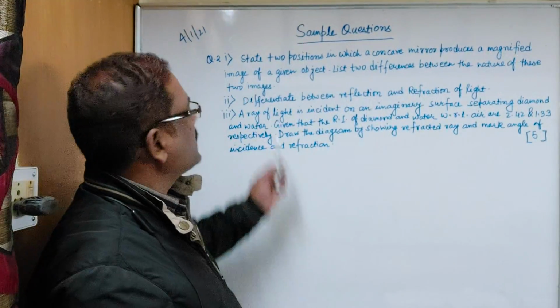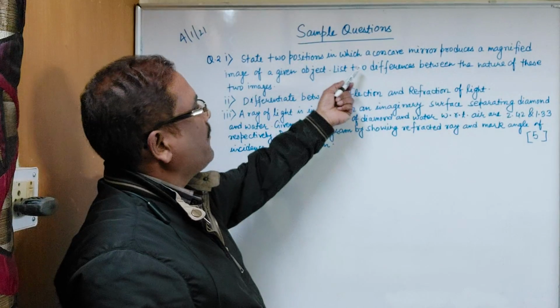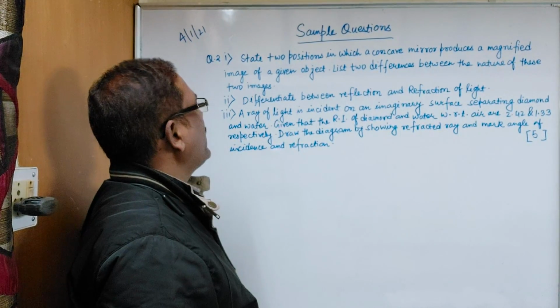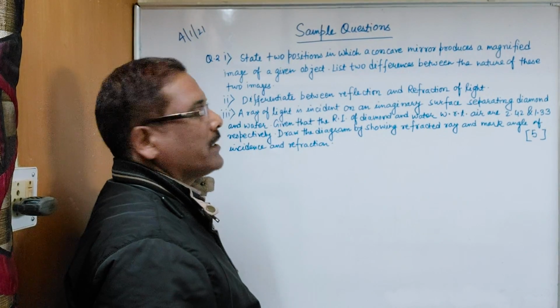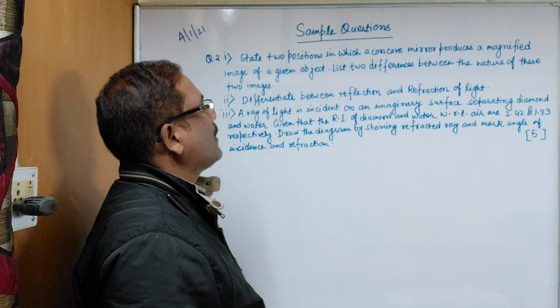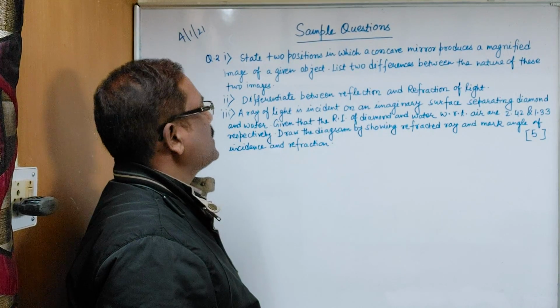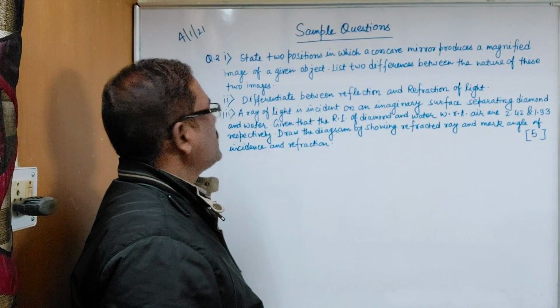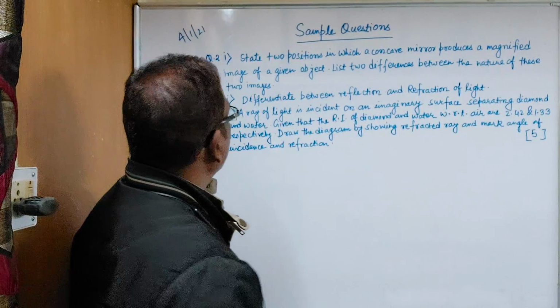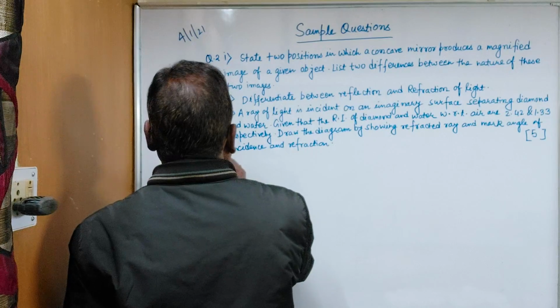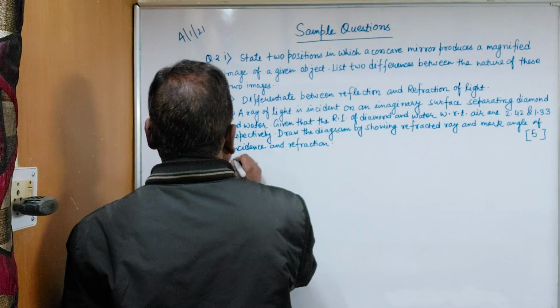The question is, state two positions in which a concave mirror produces a magnified image of a given object. List two differences between the nature of these two images. So let us think about it. So in answer first part,